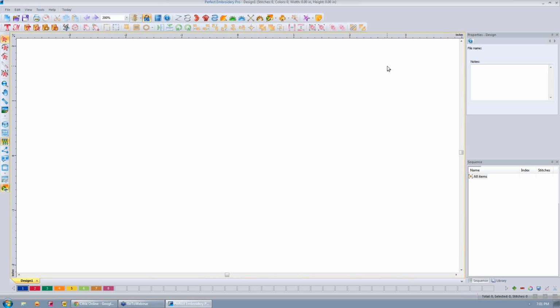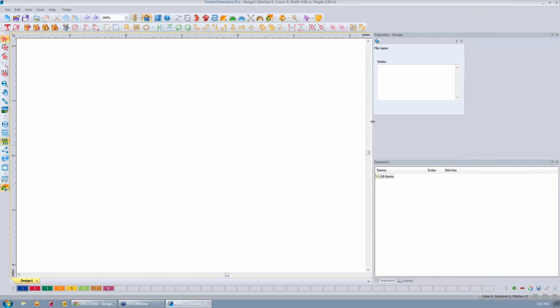on getting organized and using our design library. We're going to go through a couple of other things as well. First, let me minimize the dialog box here, and my Perfect Embroidery Pro open with my design screen displayed. The first thing I'm going to do is make my design library just a little bit bigger, since that's what we're focusing on today. Over here in my Properties tab and the Sequence view and the Design Library view, all